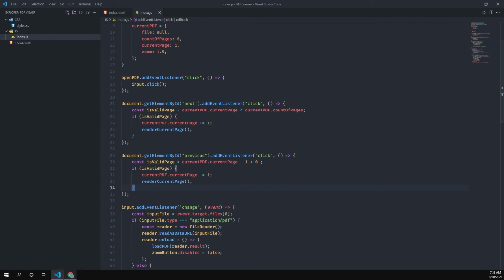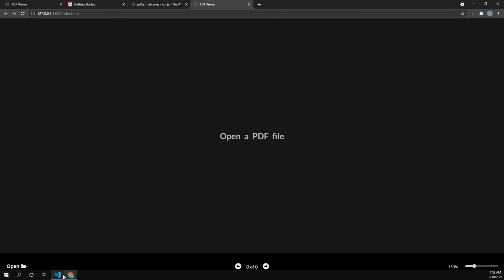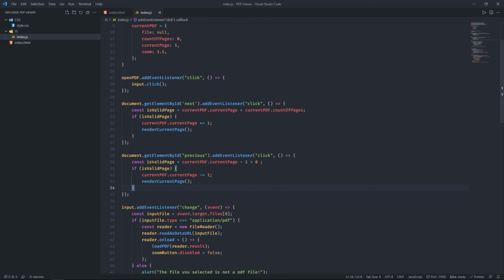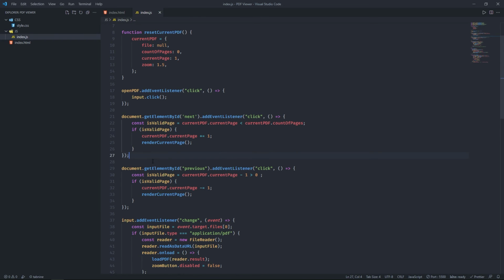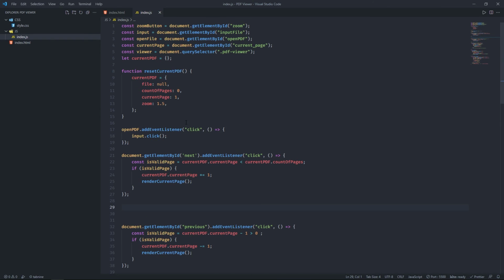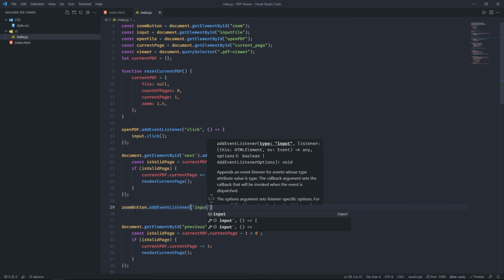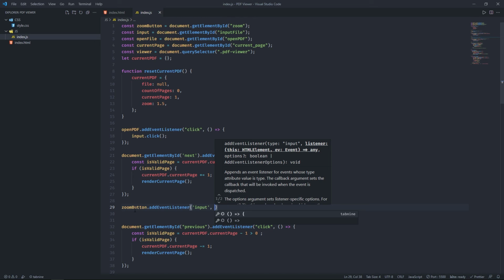So now there is just one more thing left, and it is this zoom button. For that we can first select it. We already did it here, this zoom button. So all we need is to type zoomButton, then add the addEventListener. The type of event will be input. And then for the callback function,